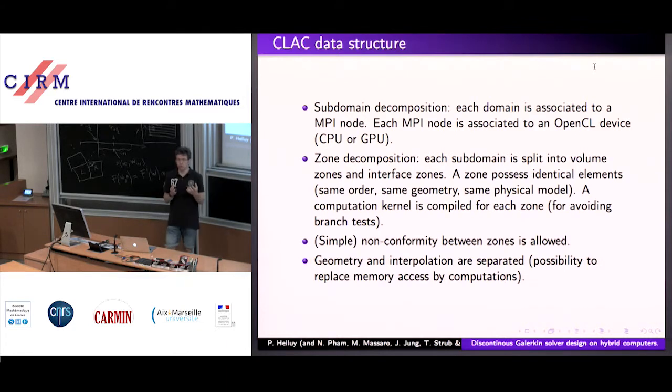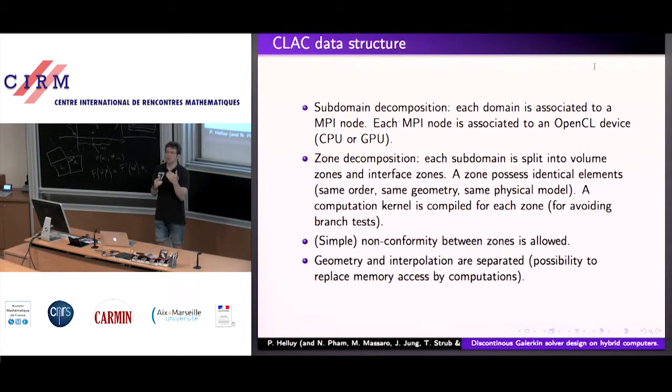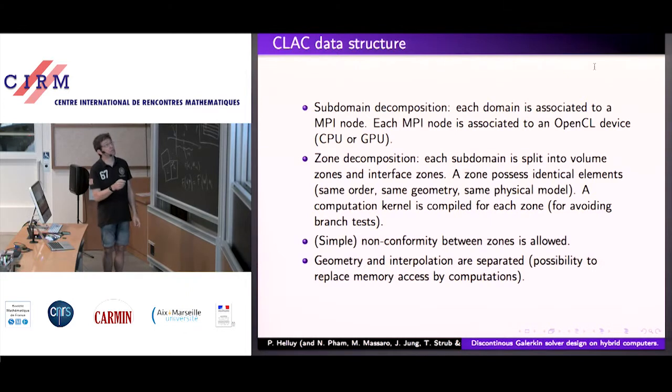So when you want to know the position of a node in the mesh, you read a few data from global memory that you load into the cache memory, and then all the geometry is computed. Remember that on the GPU it is very important to avoid memory access. So we prefer to recompute the geometry rather than loading it from memory. Okay, so this is the philosophy that we have employed.